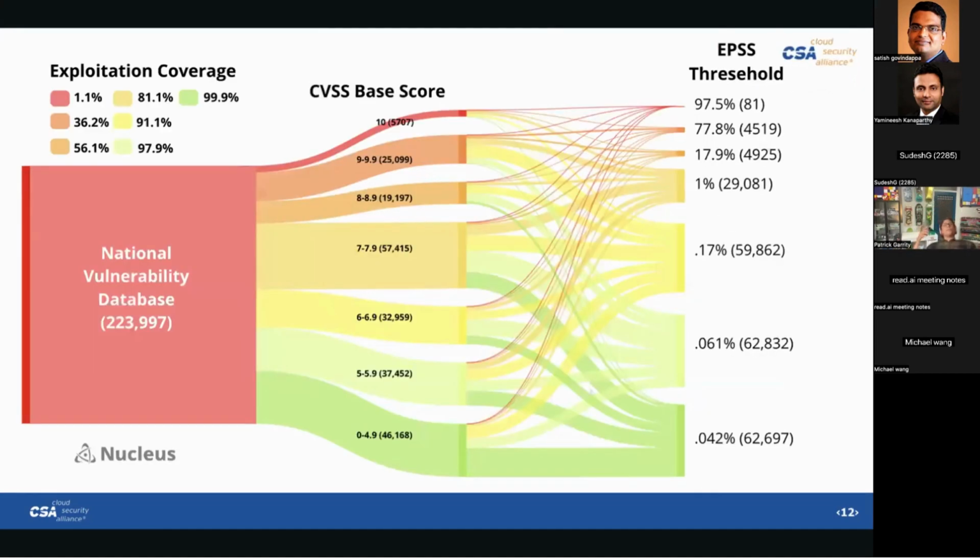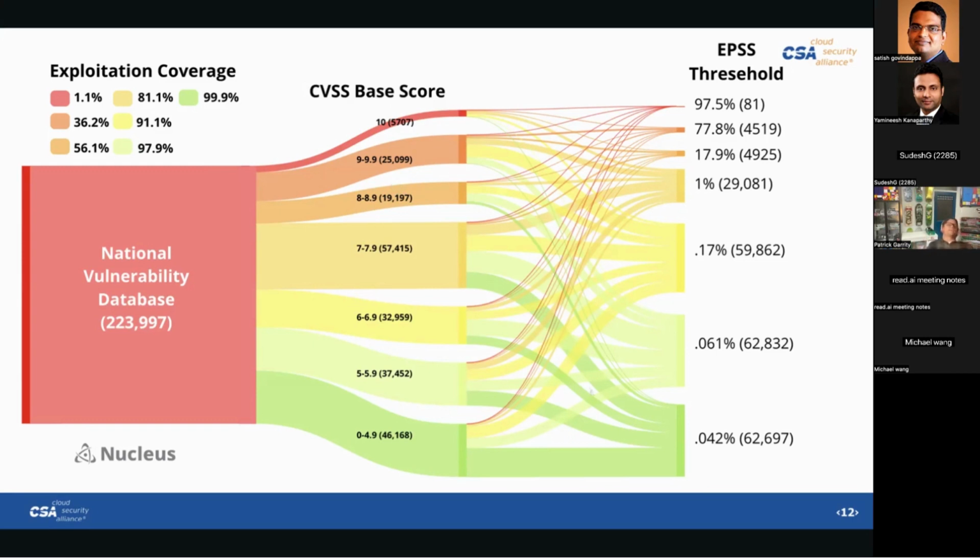To break out a little bit further, I have one more, and then we can chat about EPSS, any questions, observations. But this is the full National Vulnerability Database, broken out by CVSS score. And you can see here the breakouts. This includes all versions of CVSS, so not everything's scored with the newest version either. But for instance, if I want to do 9 or higher, it would require me to patch 30,000 vulnerabilities that are on the NVD.